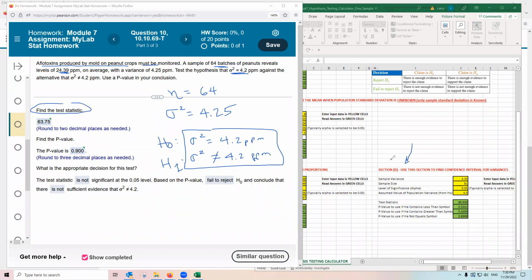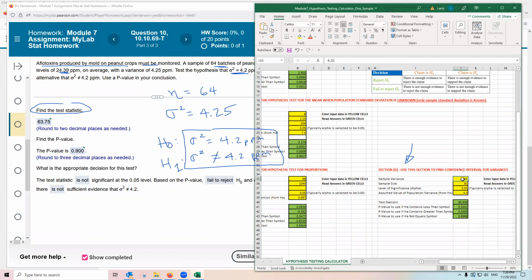So I'm going to come over here to section D. Let me type in the first yellow box, the sample variance. In this case, they told us when we took the sample, we had a variance of 4.25. The sample size was 64 batches, so the sample size is 64. They're not giving us a value of alpha, so I'm going to assume it's 0.05. And what's the assumed value of the population variance? This comes from the null. Well, the null is 4.2 ppm. All right, I think I have what I need. Here's the test statistic,